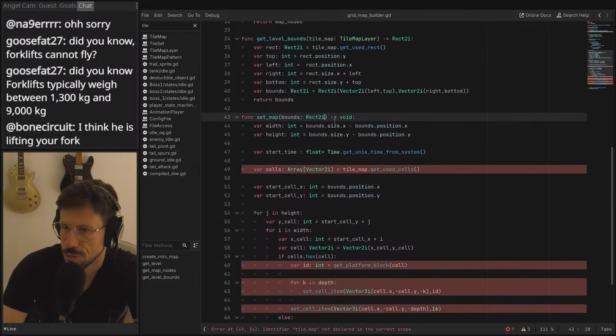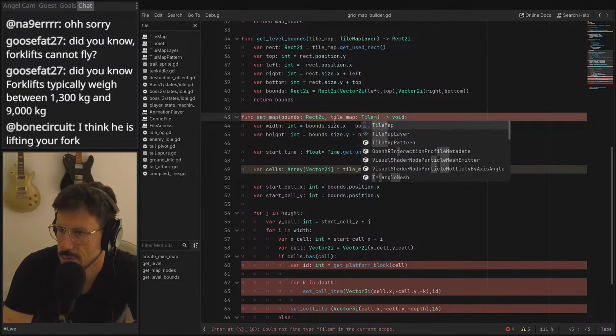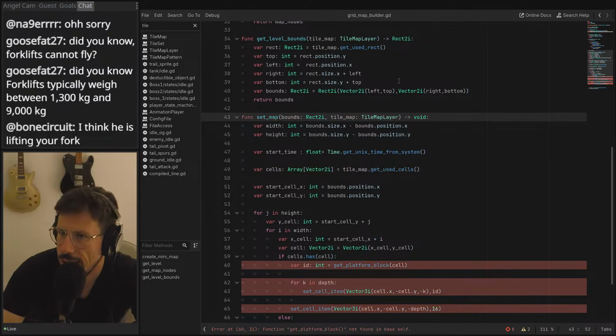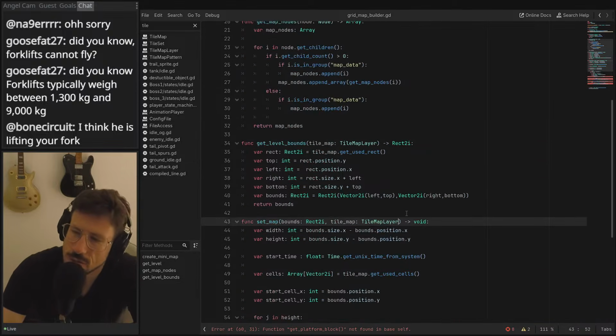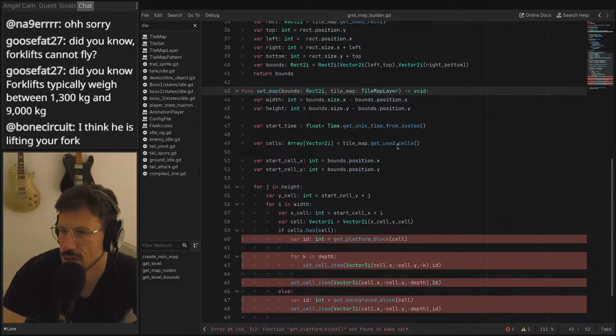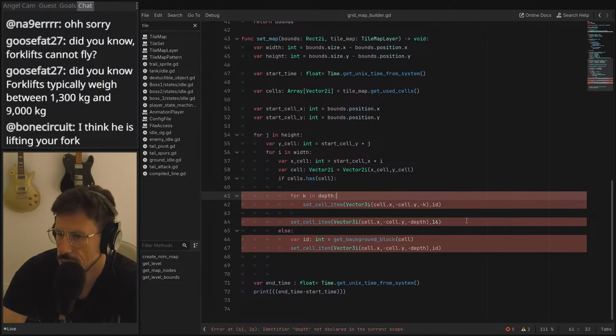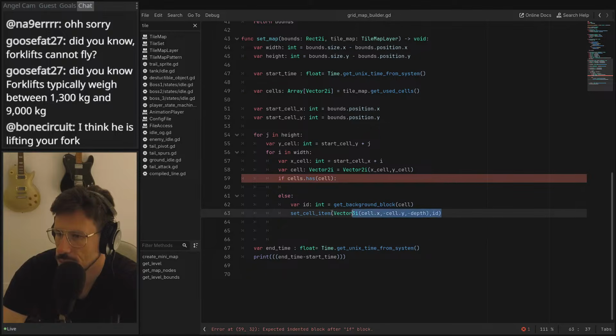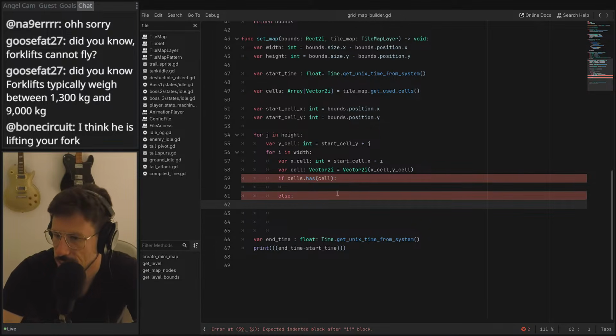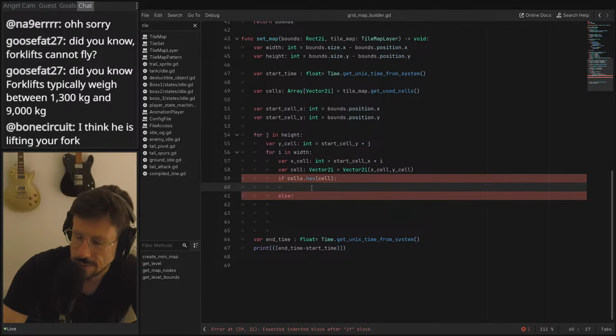Okay, so we'll pass in the tile map. Just tile map layer. And I suppose, yeah, no, that's fine. Okay, width, start time, that's fine. Cells, tile map, get used cells. And then what do we do here? It's like get platform block, we don't need that. Okay, and depth, set cell item, set cell item. We don't want that because we're doing something else. ID, we want the ID. We don't need any of that. What we want to do here is